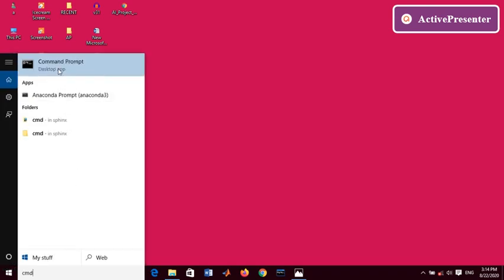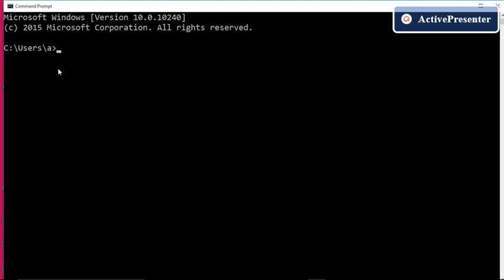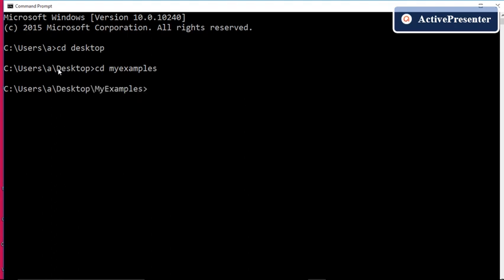On command prompt, navigating to desktop. On desktop I am having folder My Examples. Here I am running Python command.